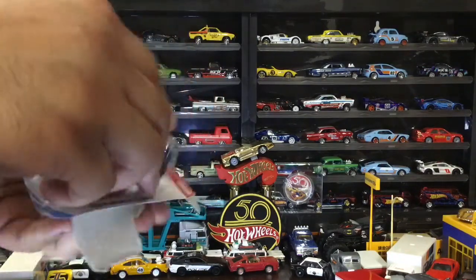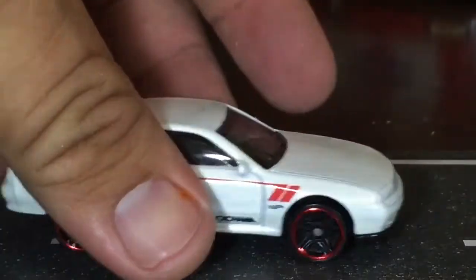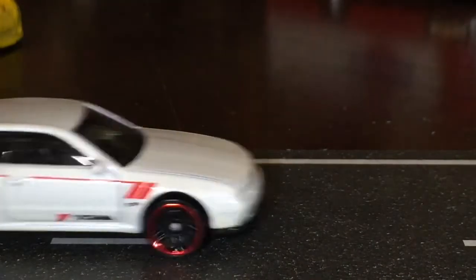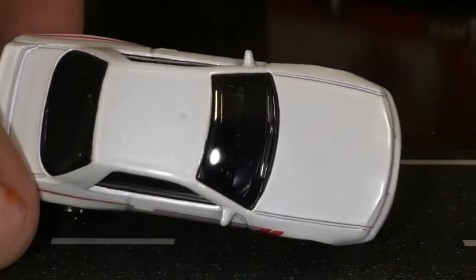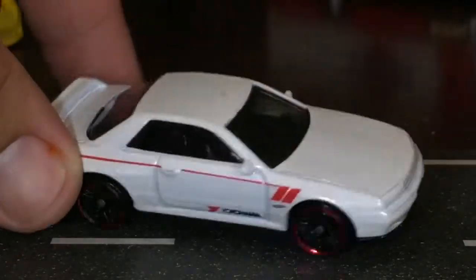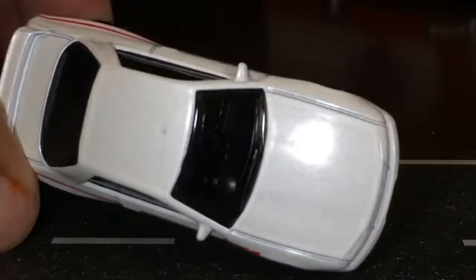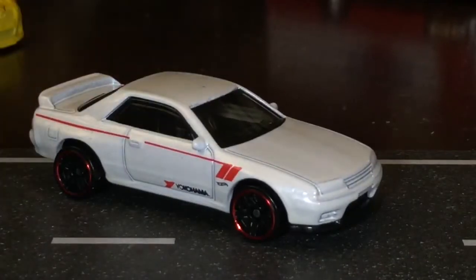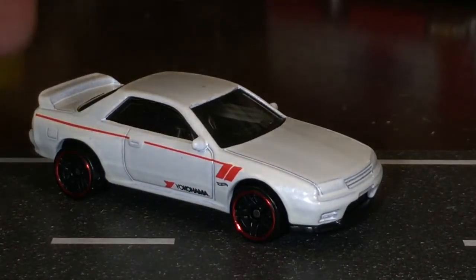Okay, so this is the white version. It's kind of plain, but you know, I like it. Is there a pearl on that? I can't tell. I think it is a pearl. Or like a metallic. Yeah, it looks more like, because I don't see it changing color. I think it's more like a metal flake, metallic white. Which is better than just plain enamel white. But that's pretty plain. At least the blue one was...